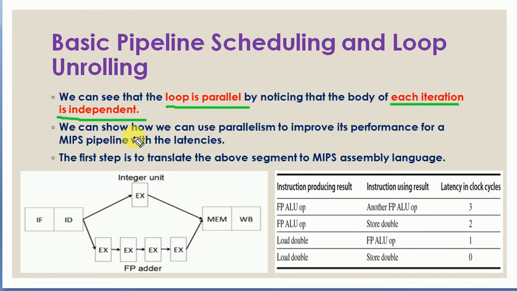Now we can show how we can use parallelism to improve its performance for a MIPS processor pipeline with the latencies that will be happening in between the execution of various iterations. Now for that activity, the first step is to translate the given for loop into the corresponding assembly language statement. So now we are reusing the MIPS processor here, so we will be converting that for loop into MIPS assembly language